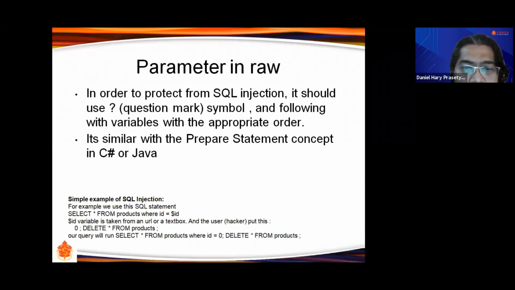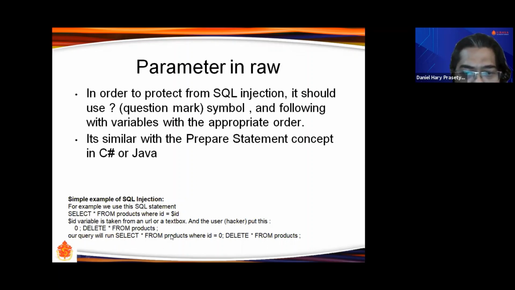Maybe the user can fill the parameter in a text box, and maybe some hacker puts this one in the text box. He puts this one: 0; delete from products. So our application will run this one.